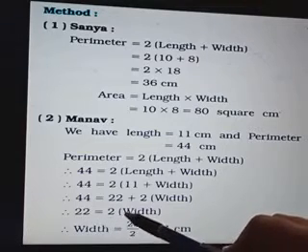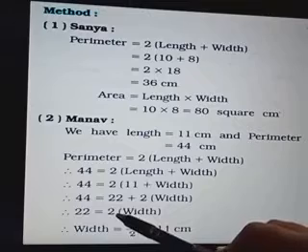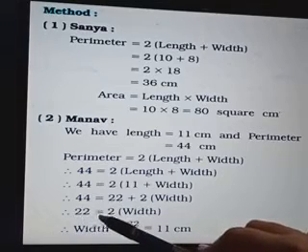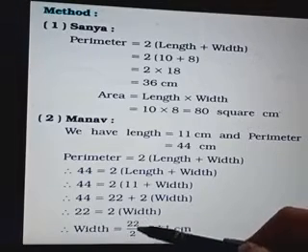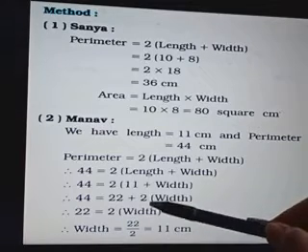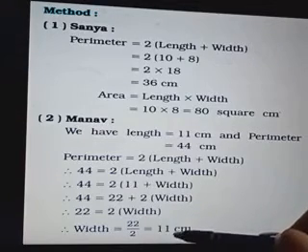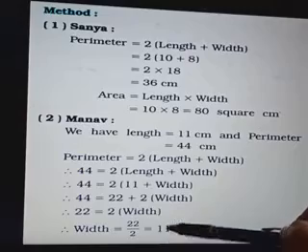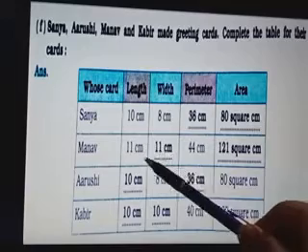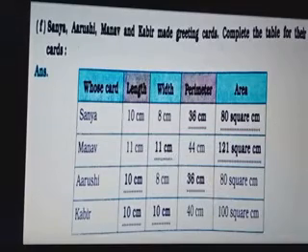What is the relation between 2 and width? Multiplied. So the opposite relation of multiplied will be divide. So here, when we change the side of 2, it will become divide. So 22 divided by 2 will be 11. It means we can say the length of this should be 11 and width also should be 11.